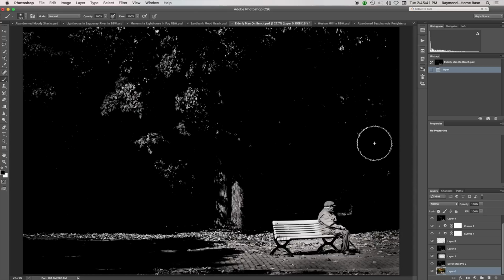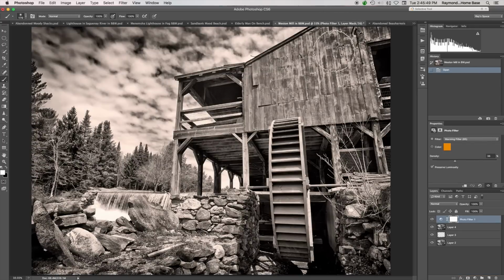And speaking of age, how about aging some of your photos just a little bit? And that's as simple as taking a subject like this, which is an old abandoned mill, and putting a warm tone on it, doing a little bit of light toning. In this case, I used a photo filter, but you can use any type of toning you want. This is the way it looked originally. This is the actual black and white image right now. And now you put a warm tone on it, and it's almost like a sepia. And you can add a sepia tone or any other kinds of toning, coffee filters, all sorts of different